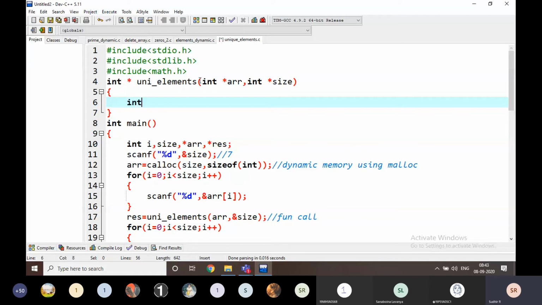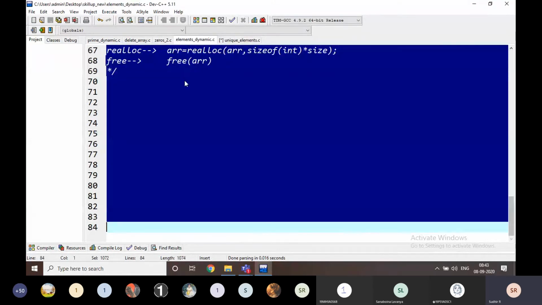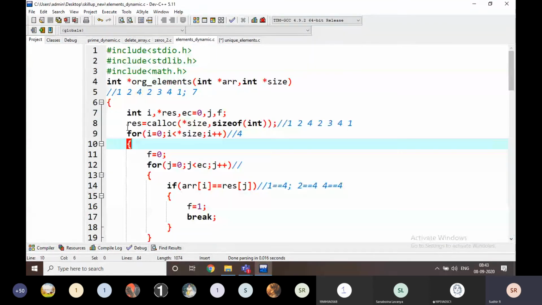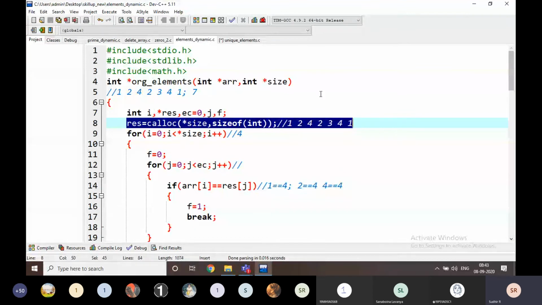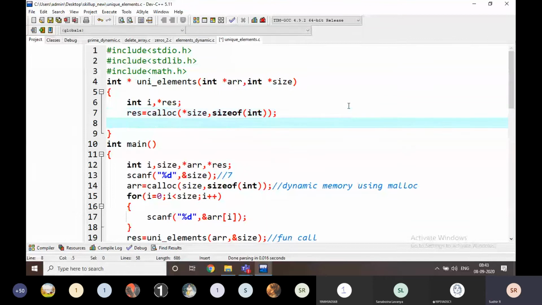Here also I am taking int i comma star res. This one is also same. I am going to read the memory location. Now how am I going to find it?